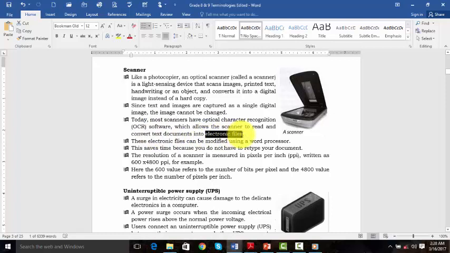Now when we say electronic file, the other word for this is a soft copy. A soft copy is a copy we are able to see with our eyes, but we are not able to touch. So the other word you can use for electronic is soft. Electronic files means soft files. According to the demonstration by Mike there, we had the hard copy, and then it has been converted into electronic files.